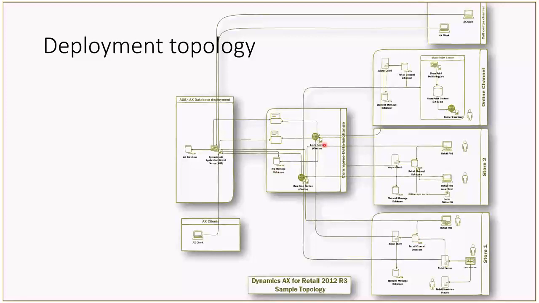once you are done installing the components on the Commerce Data Exchange front, you then move to the channel side. And on the channel side for async server, the recommended way is to first install your channel database. Once you install your channel database, you can then move on to installing your async client, so that in the installation, you can specify which channel database it should work with on the channel side, as well as be able to provide the URL of the async server that it should connect